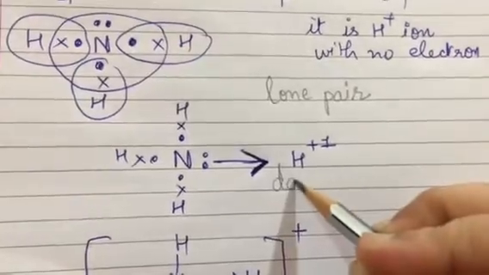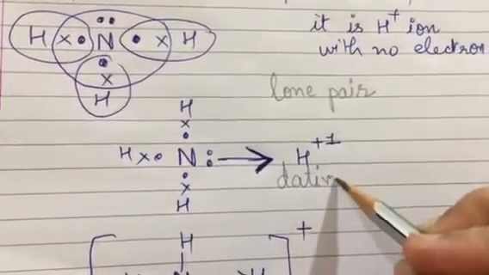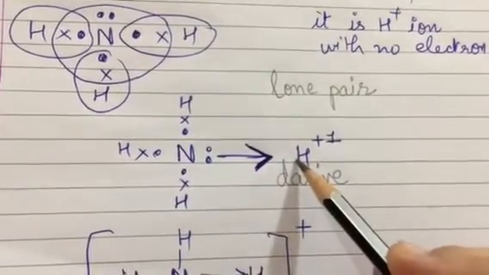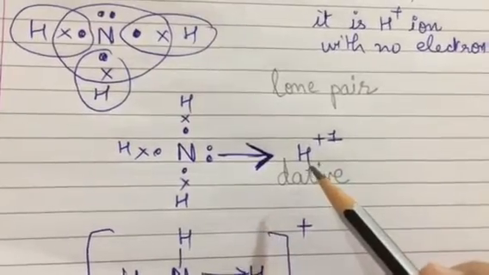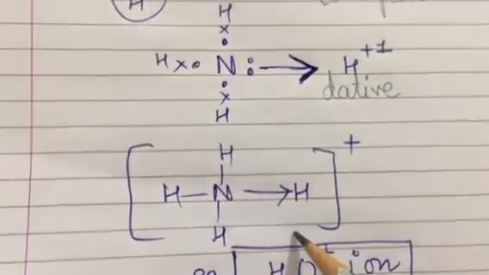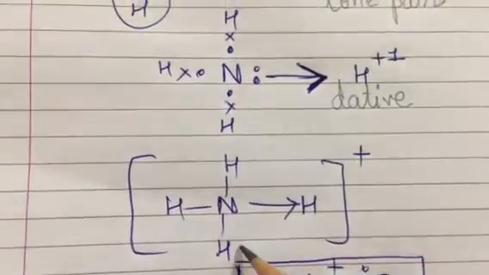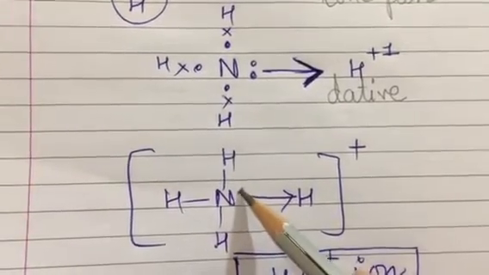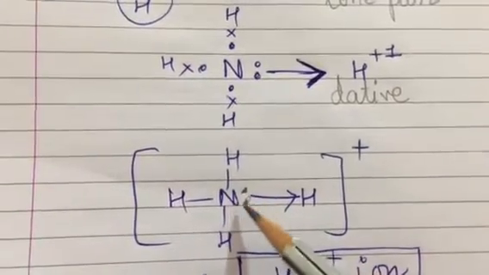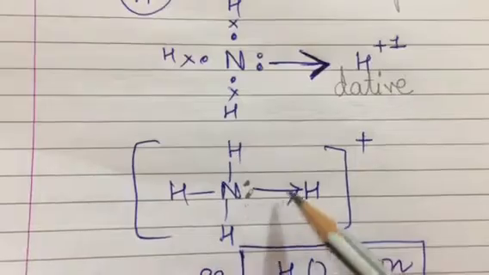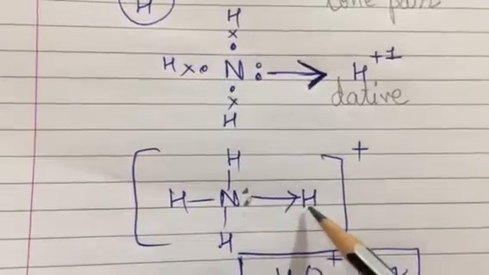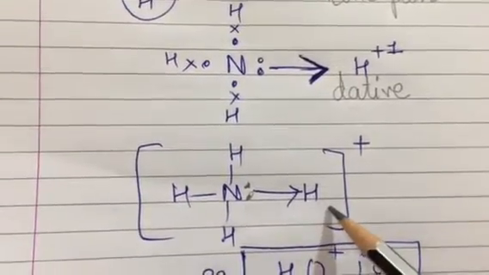known as a dative bond, where donation from one end to the other end is involved, where the lower atom is not at all sharing. So the ammonium ion is formed such that a proper ammonia molecule is there, and the sharing is done one-sided by the nitrogen atom. It donates its lone pair or unshared pair of electrons to the H plus 1 ion, so that the duplet of H can also be obtained.